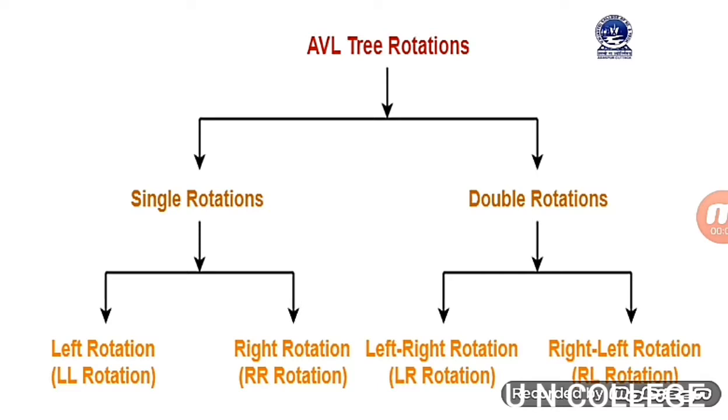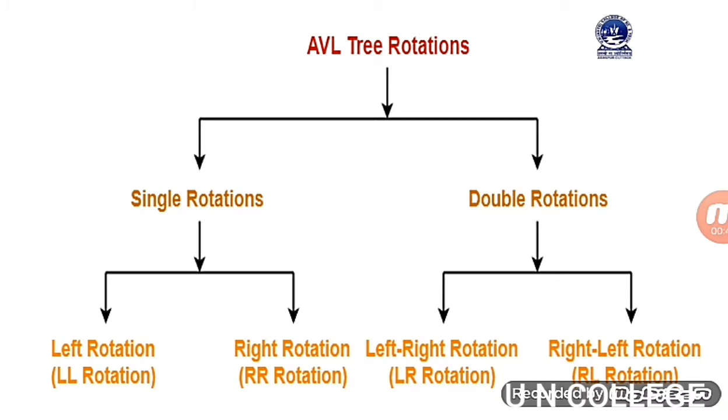Here I have represented the AVL rotation in a diagrammatic way, which is very easy to understand and easy to remember. For exam purposes, the AVL tree rotation can be categorized into two categories. Those are single rotation and double rotation. Single rotation is categorized into two categories, those are left rotation and right rotation, and double rotation is categorized into two categories, those are left right rotation and right left rotation. Already I have explained that left rotation or LL rotation and RR rotation are easier in comparison to left right rotation and right left rotation. Why?